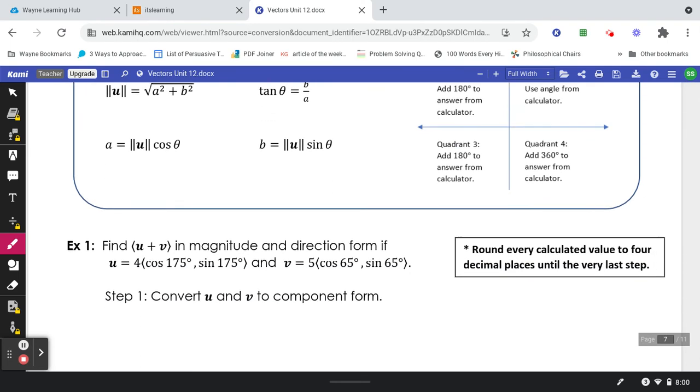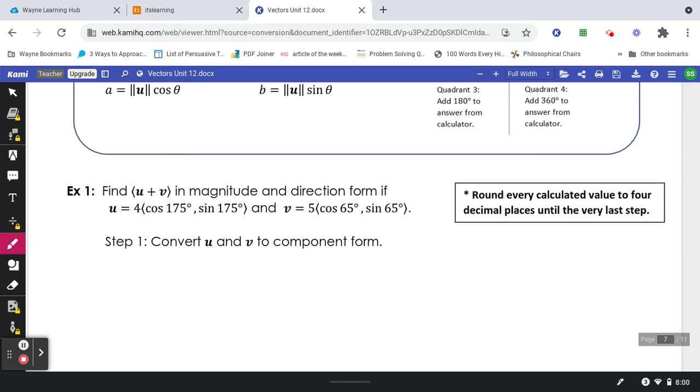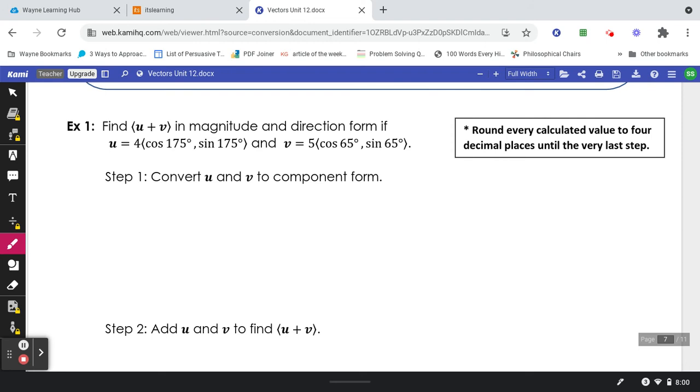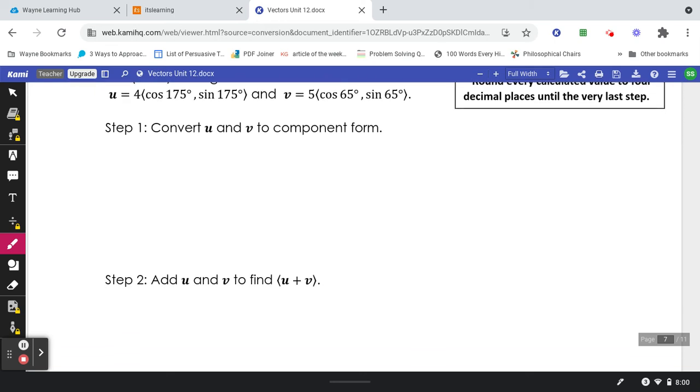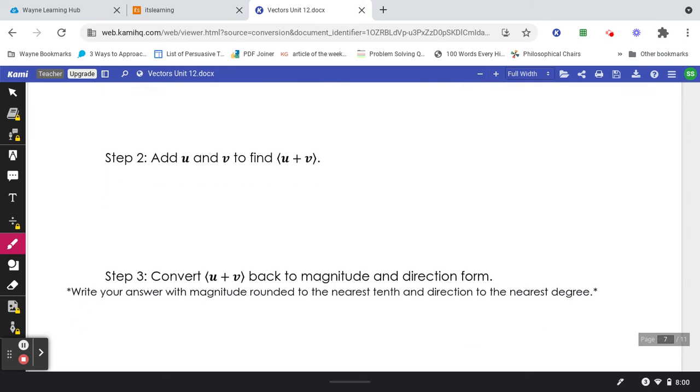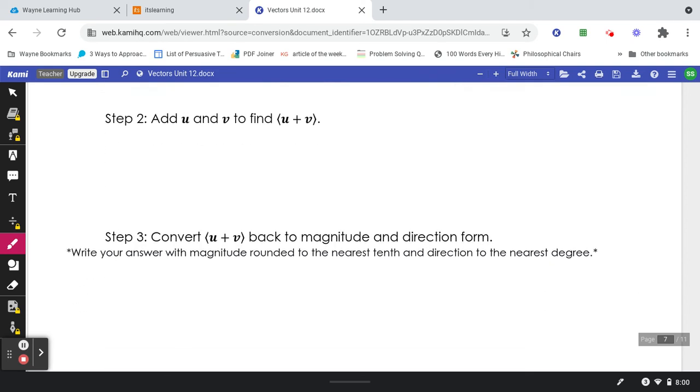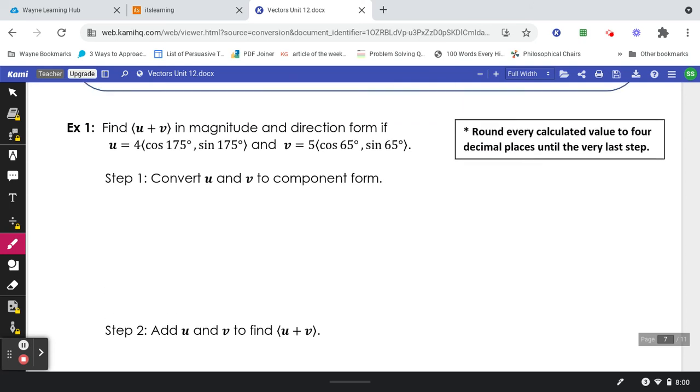And then I've broken each problem up into 3 different steps. So for example, number 1, it says find u plus v in magnitude and direction form. And then they give you the 2 vectors that they want you to work with. So the first thing we need to do is convert it to component form. Then the second step, we add them together in that form. And then sadly at the end, we have to convert them back. So 3 steps here. Step 1,